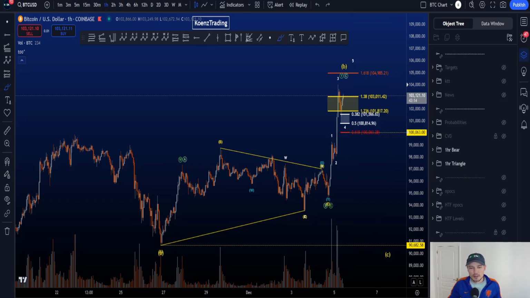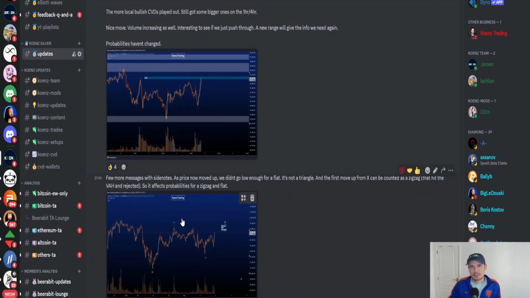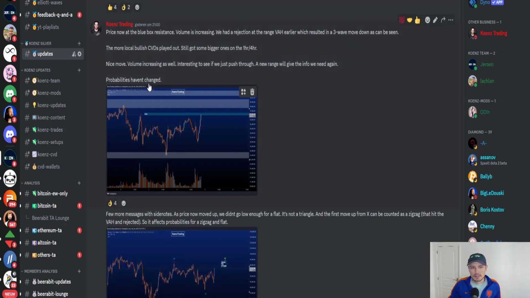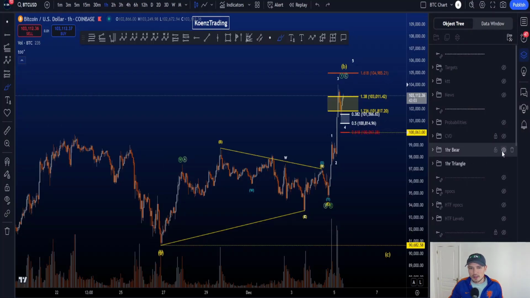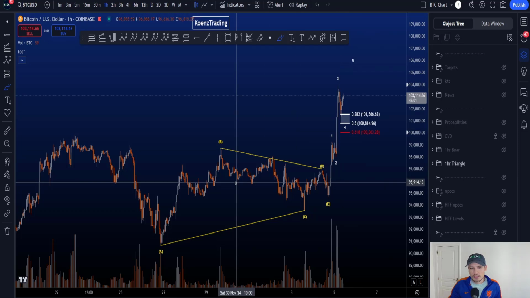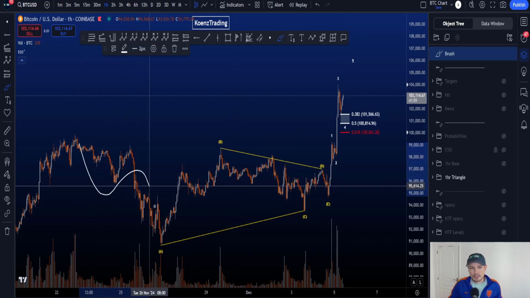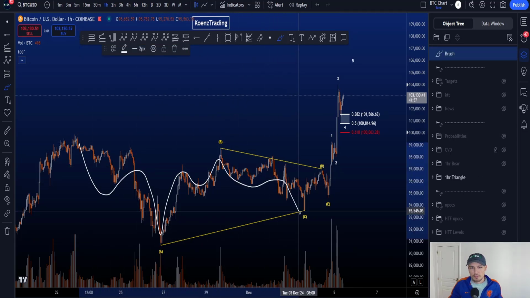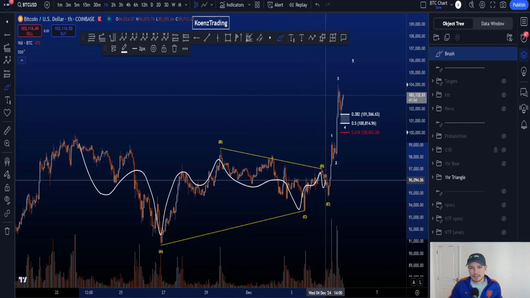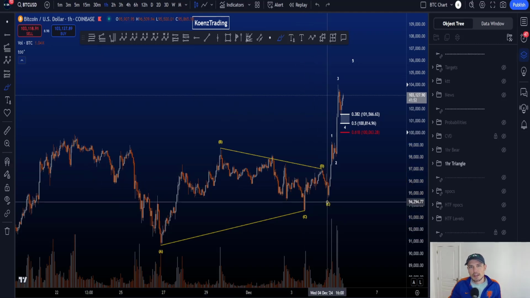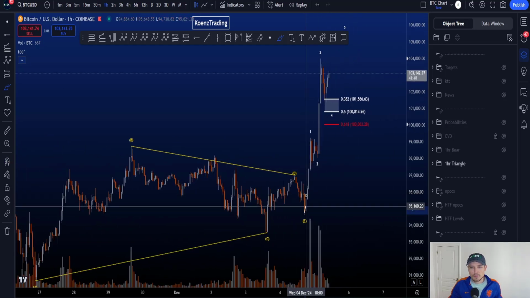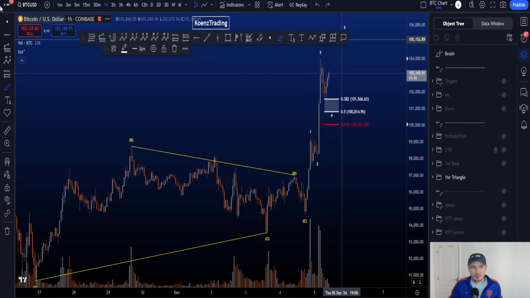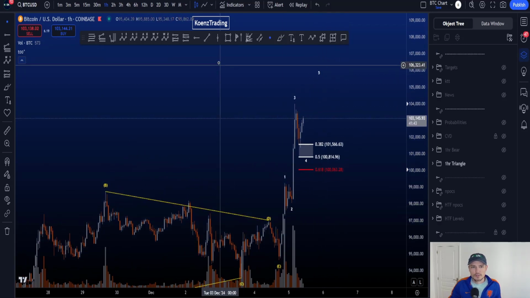Let's go over my bullish and bearish Elliott wave scenario here on the 1 hour chart, after which I will explain my thought process of the price action last night and how it influenced the probabilities with a few of the pictures and the text that I have over here. Now, starting with the bullish Elliott wave scenario, we count a triangle here, a 3-wave A, B, a complex C, a 3-wave zigzag in D, and then a final zigzag to the downside in a wave E. After wave E, we then see volume increasing to the upside, 1, 2, 3, 4, 5, an impulsive structure to